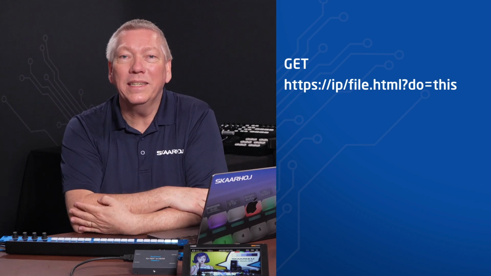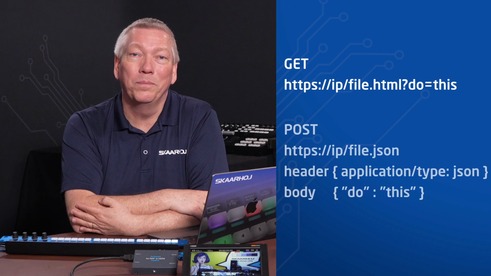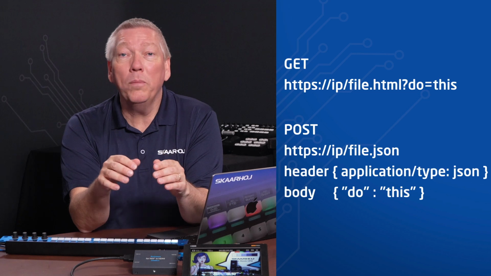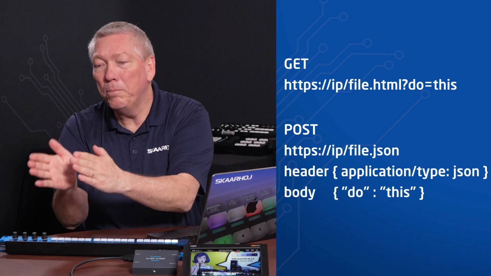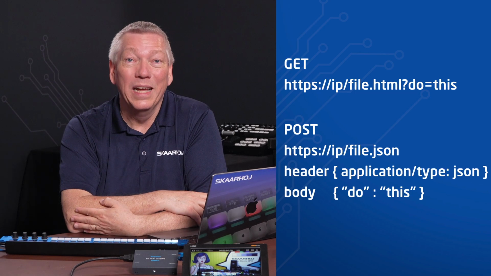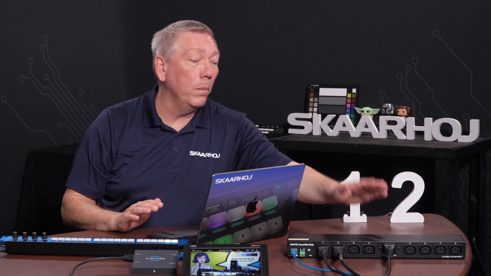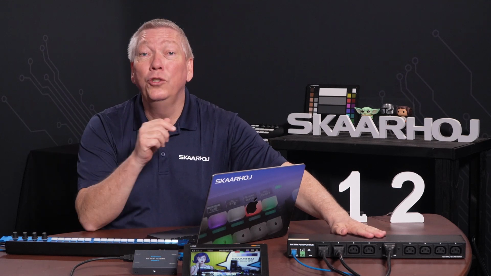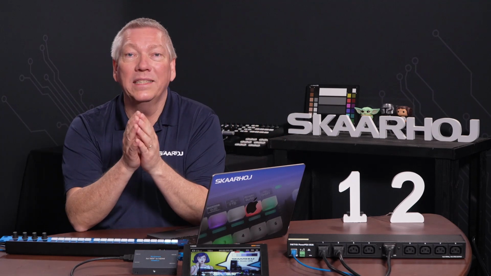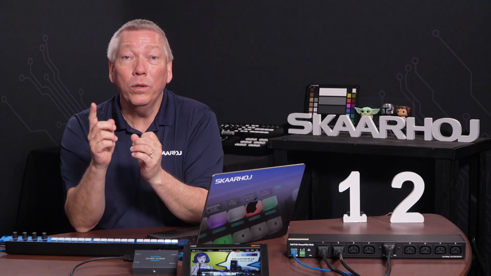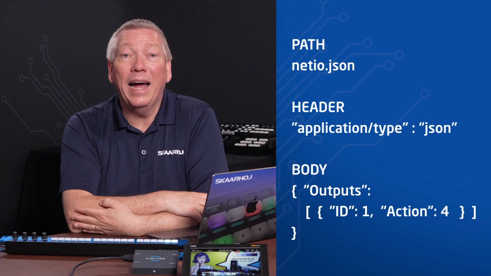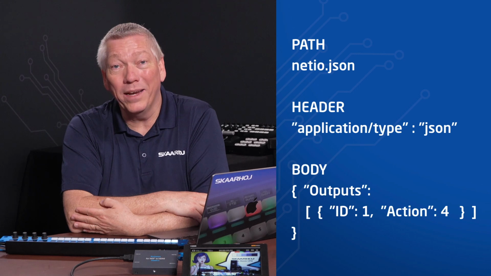Another way of formatting commands is called post. The difference is that instead of having just one line, the post command is split into header and body sections, and the sections are JSON encoded. To show this, we'll use our NETIO power socket as it uses post instead of get. Our NETIO has 8 power outputs. We want to control output 1, and in their online documentation, I found how to format the command, and I